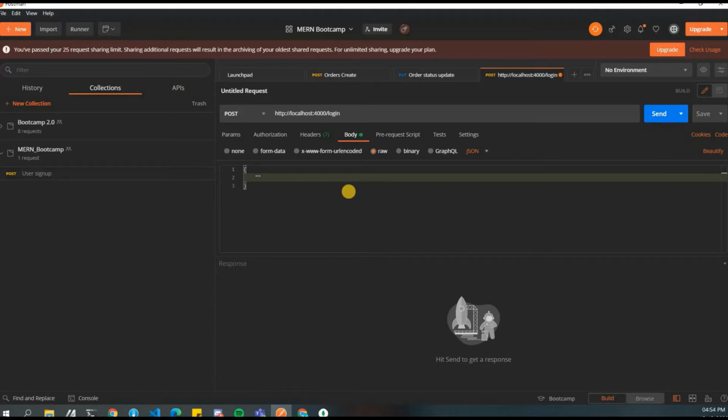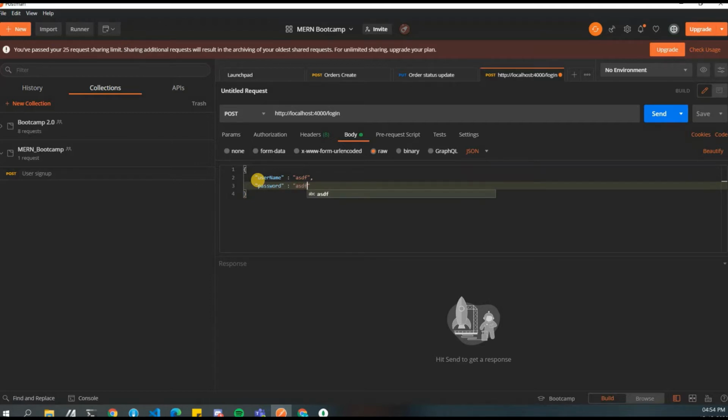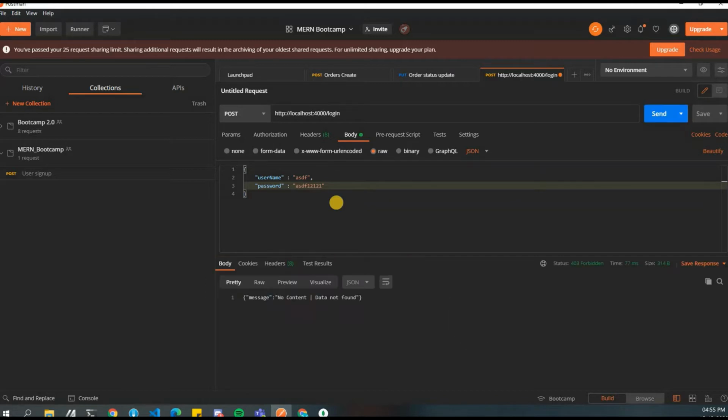And over here, we'll write simple. What do we need? We need a username and we need a password, right? So first of all, let's just give a random username. Okay, and password also random, and let's just check. Then we'll go ahead and give it the proper one. Okay, so now let's just do a post request of this and see what happens.